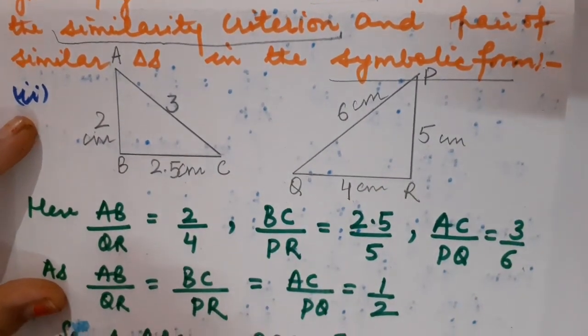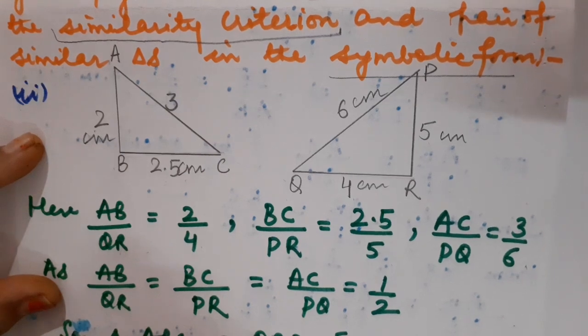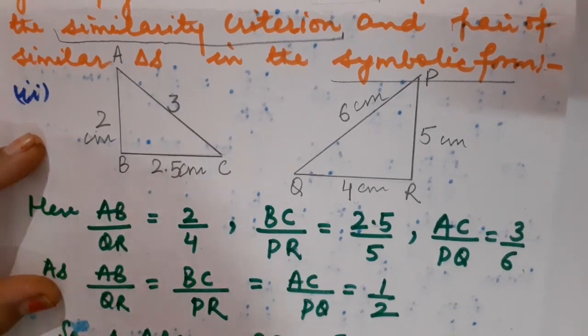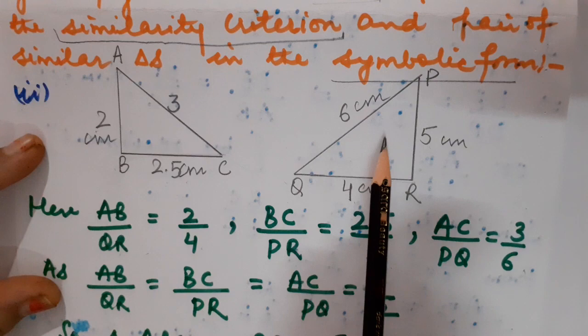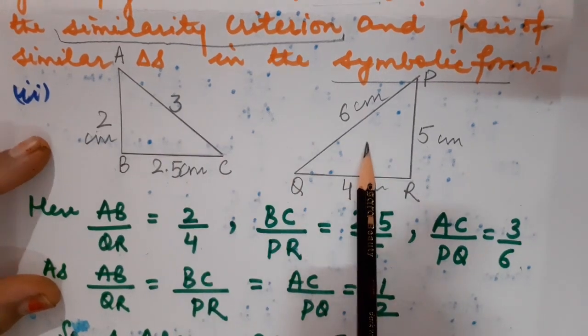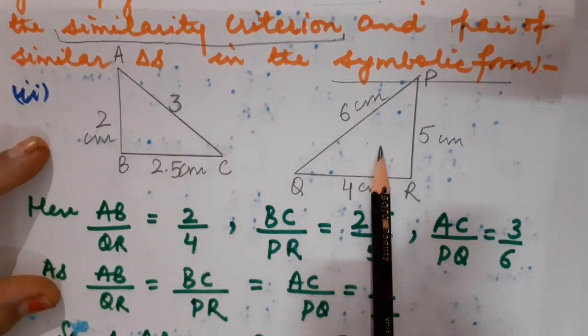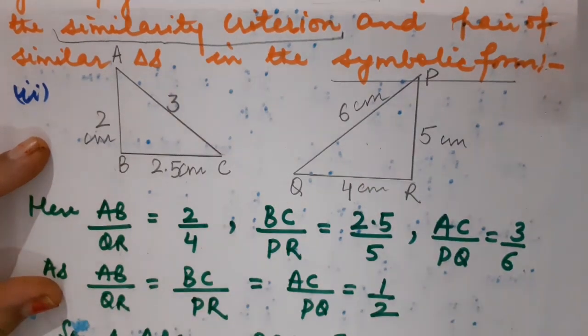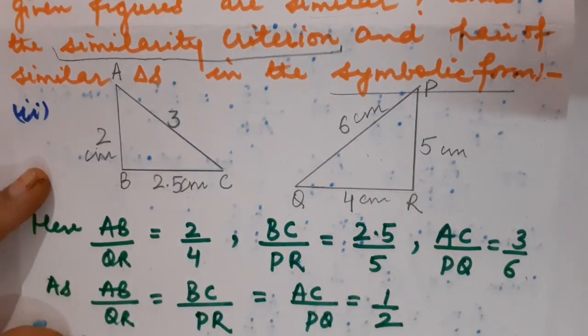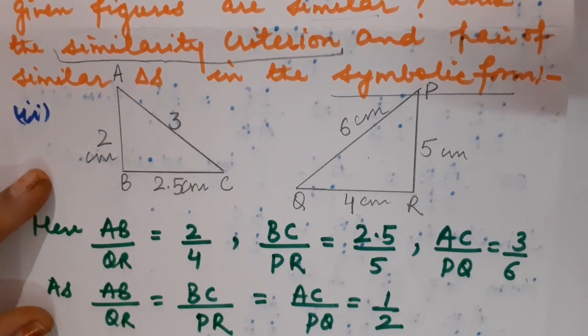Why was only this very relation taken by me? What is the reason behind it? Look, if I compare both of these triangles, as you can see while looking at their diagrams only, we can judge that they may be right angle triangles also. But for that we have to verify the Pythagoras theorem.